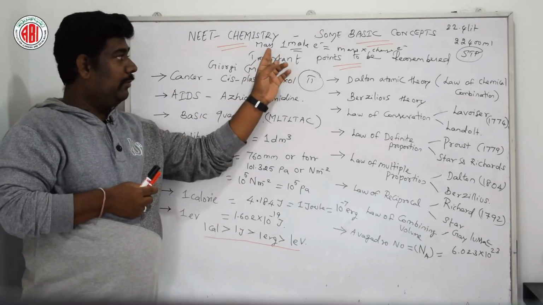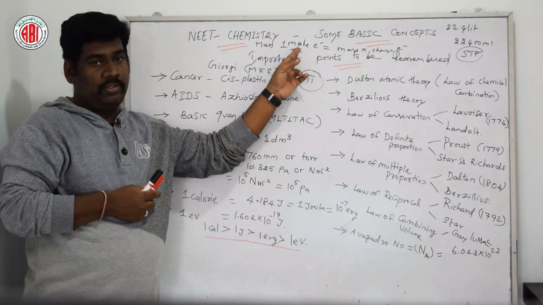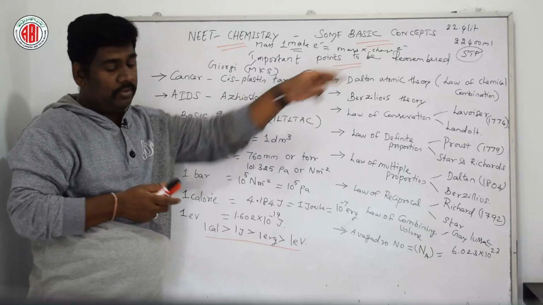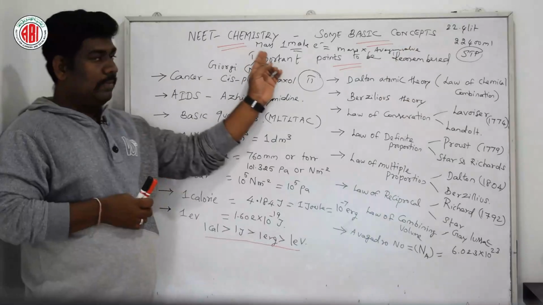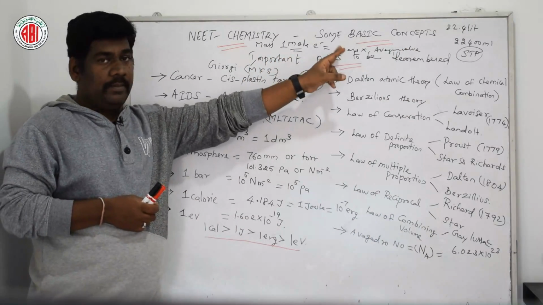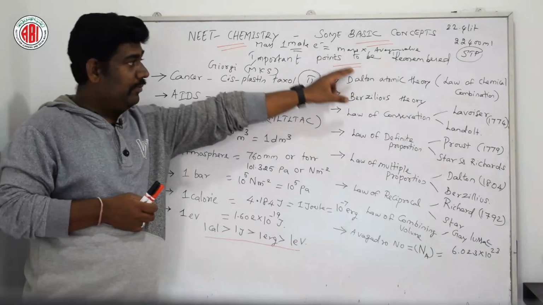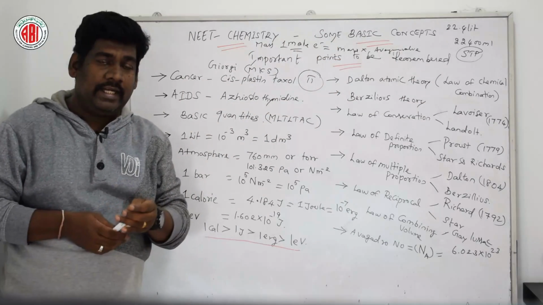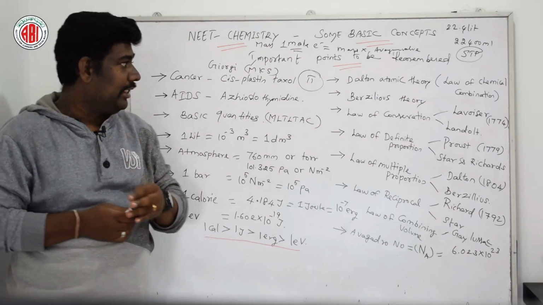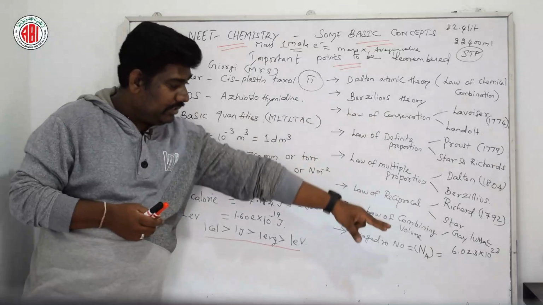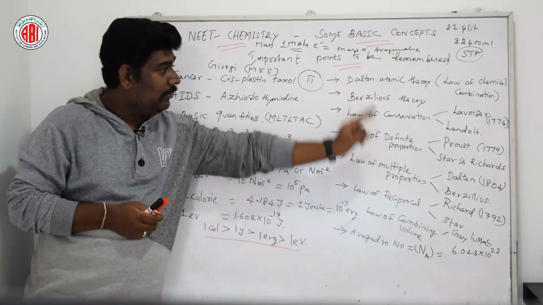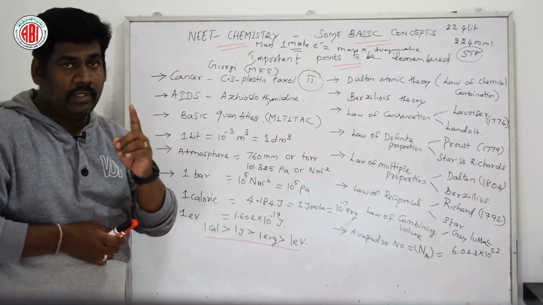When we are talking about the mass of 1 mole of electrons, it is equal to the mass of an electron × the Avogadro value. The mass of an electron, we know, is 9.1 × 10^-31, and the Avogadro value, we know, is 6.023 × 10^23. Multiplying that, you will get the mass of 1 mole of electrons.